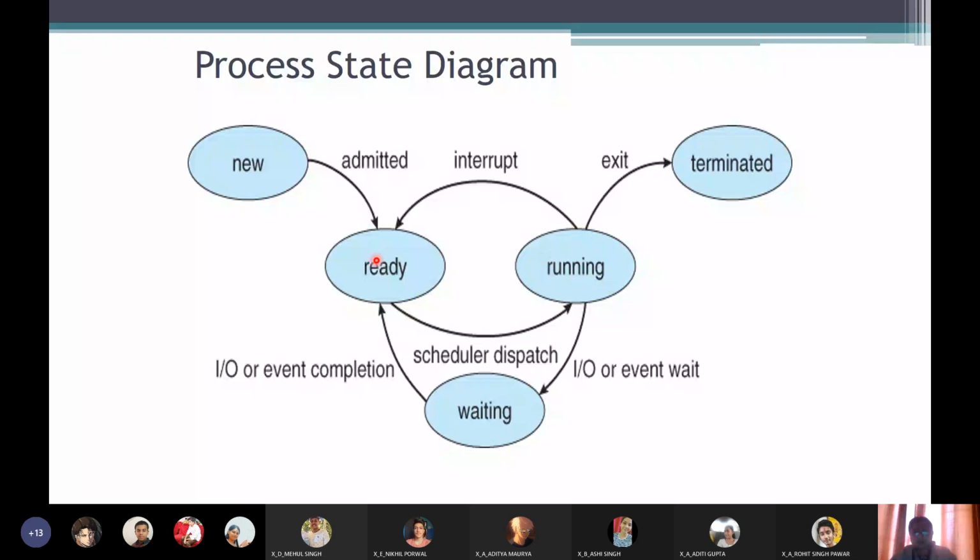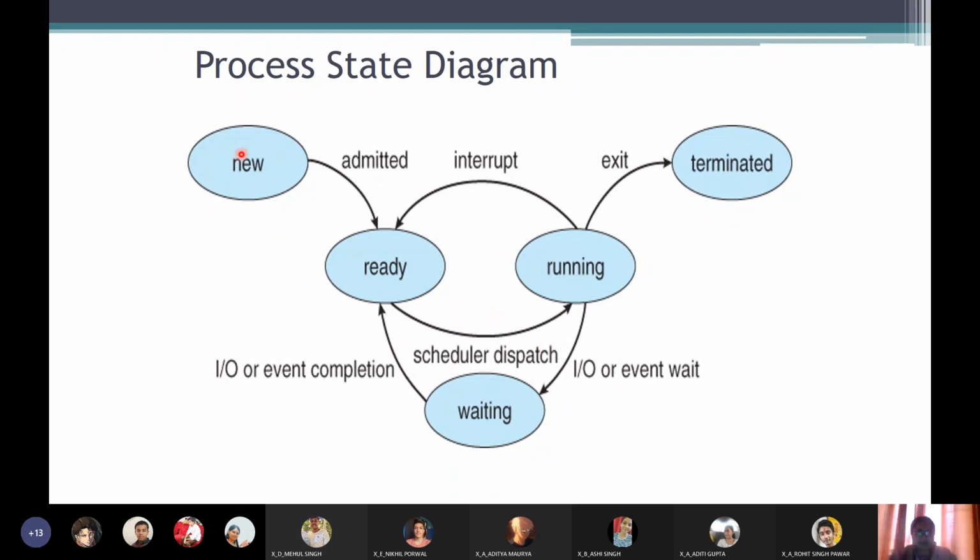It again goes to the ready state, running state. Now the user can decide whether to continue its execution or to abort, that is to close it or remove it right now. Because he might have to look into the program to find out the error, then it goes into the terminated stage. There is something written here, scheduler dispatch. Students, you will understand the meaning of this scheduler dispatch in the coming slides.